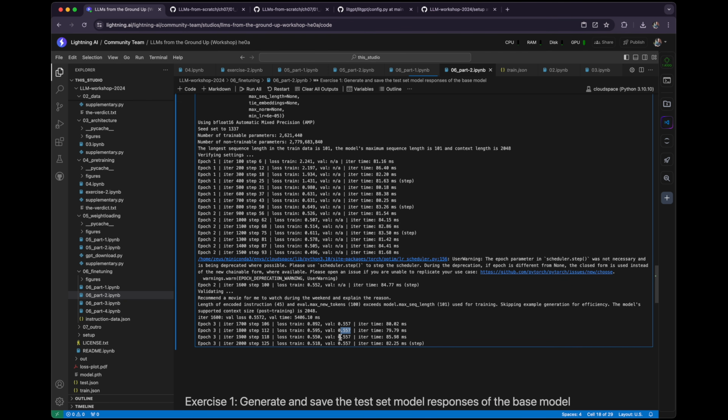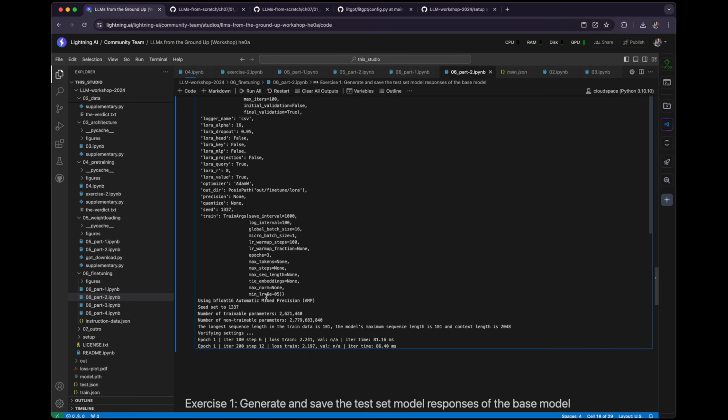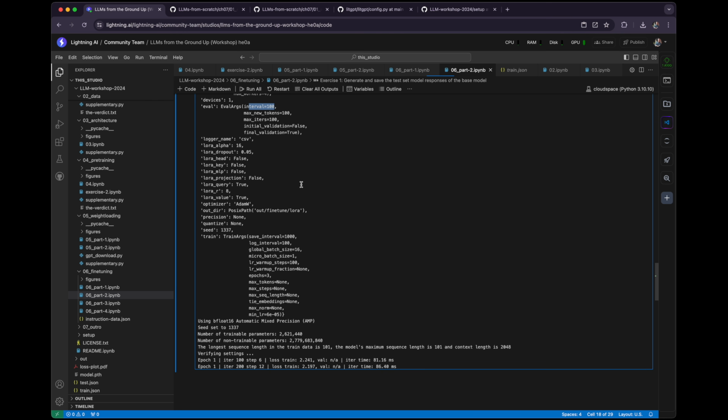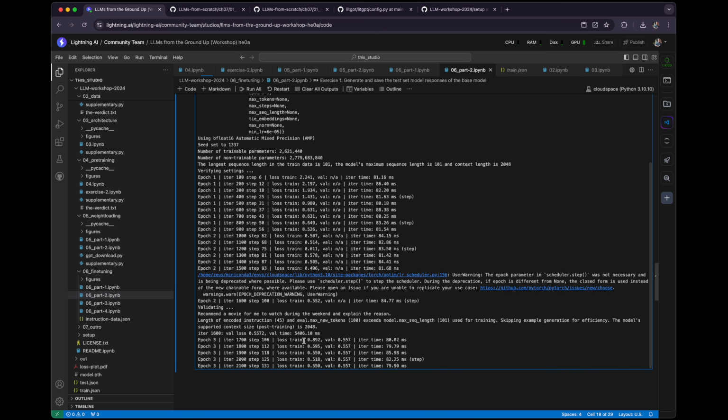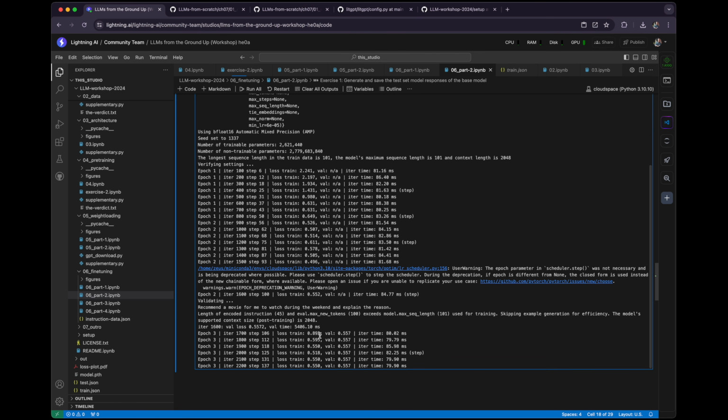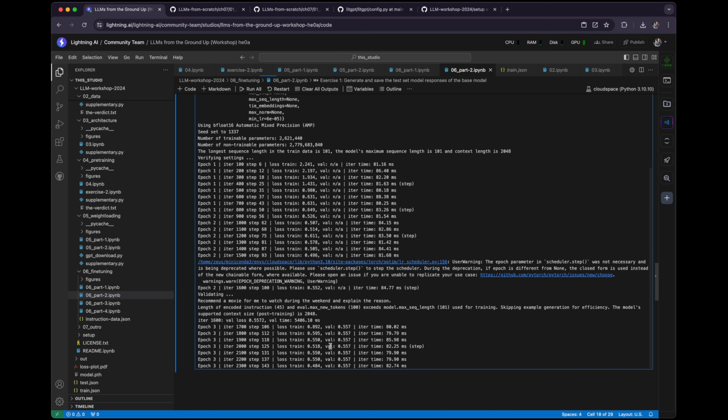Note that this looks identical because it's only updated every 100 steps, like I mentioned, for efficiency. For the forward pass, we have to compute the loss or the predictions anyway, and then in the backward pass, we compute the loss for the updates. So this is, of course, for every iteration, where this is only for every 100 just for efficiency reasons. Yeah, we can see it's still improving,